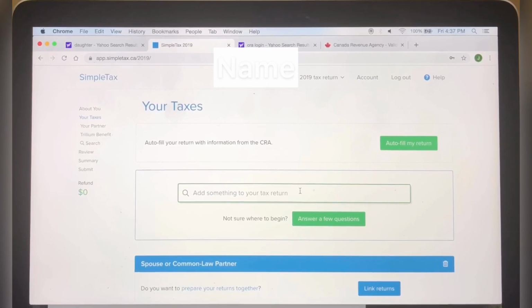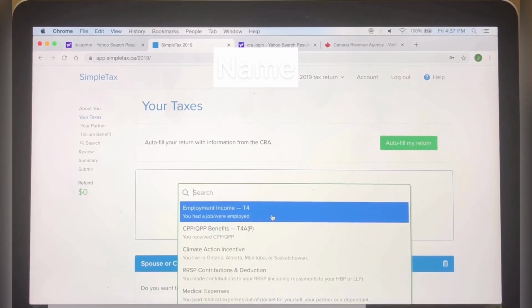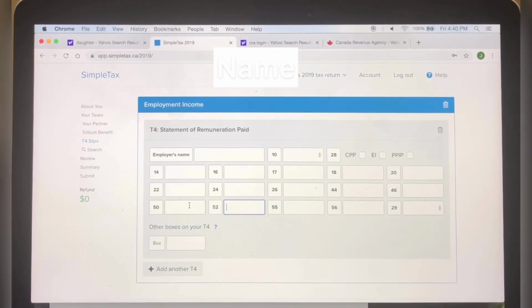So your taxes. The good thing about this is you can search for whatever you want to find out. For example, I want to find out employment income T4. Boxes like this, find the number right here and put it over here. Employment income, just compare them, it's exactly like that.